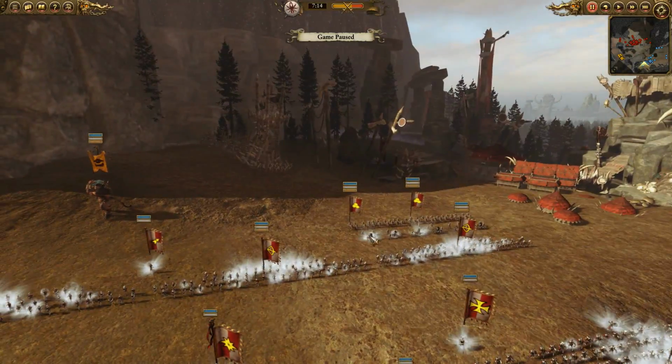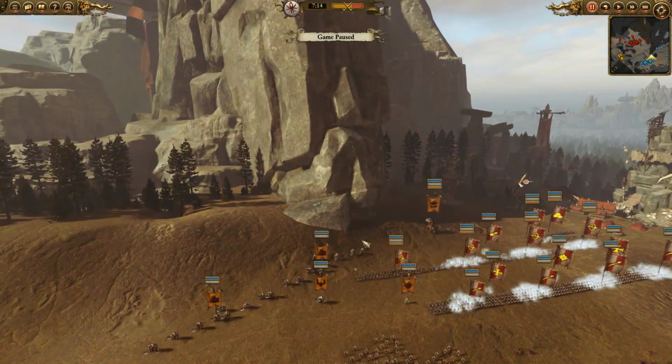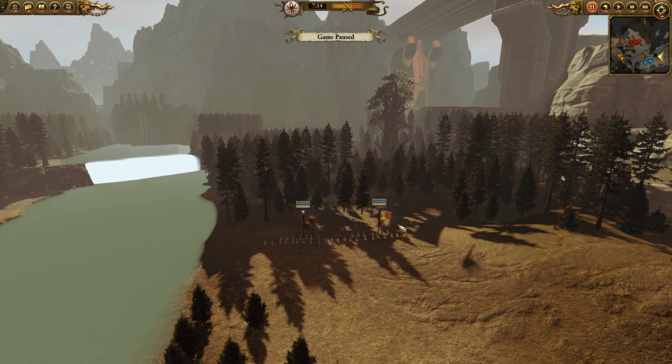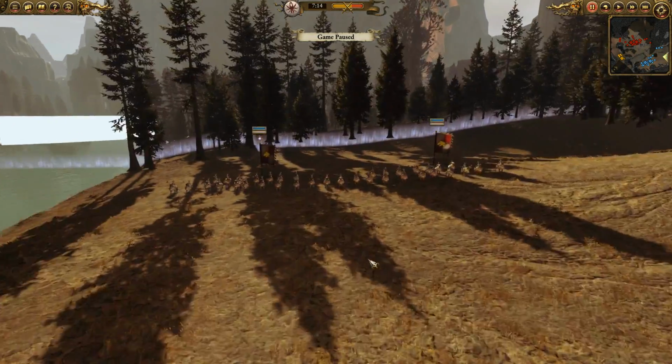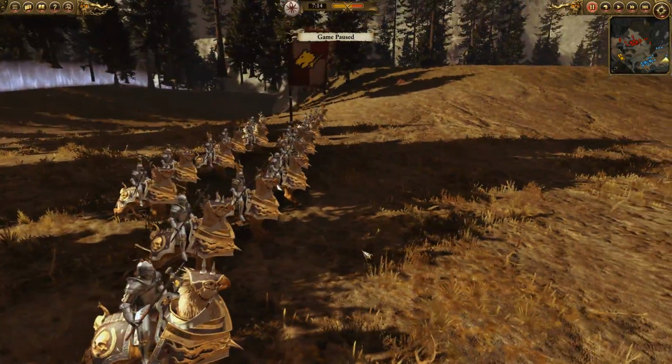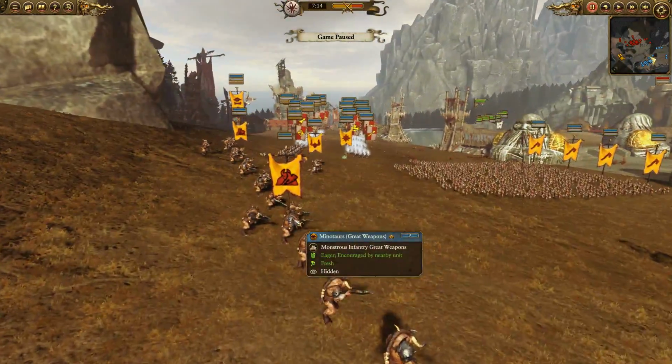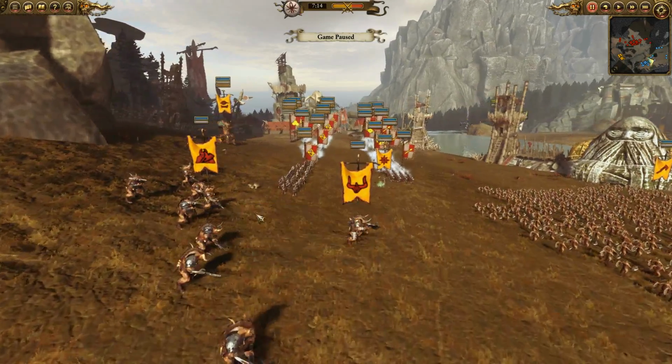And we've got 2 units of Mortar for the Empire. Oh, and he's got 2 units of Demigryph Knights over here, so they're pretty deadly. Looking good, looking awesome. And then for the Beastman player, he's got 2 units of Minotaurs with great weapons, and